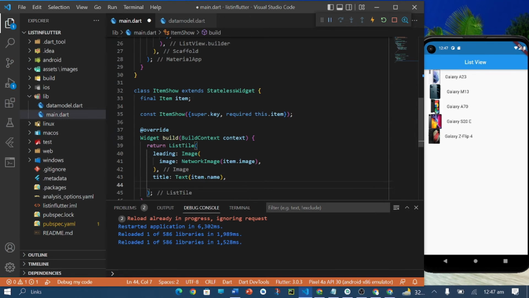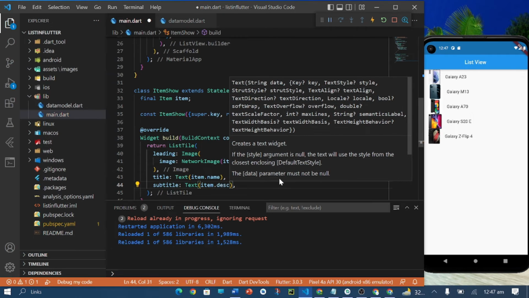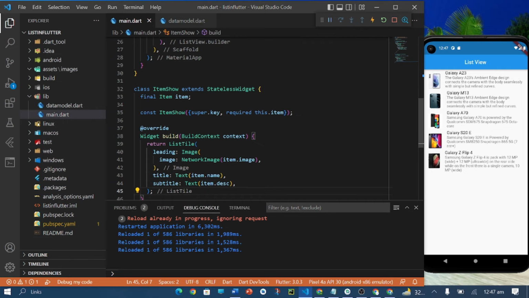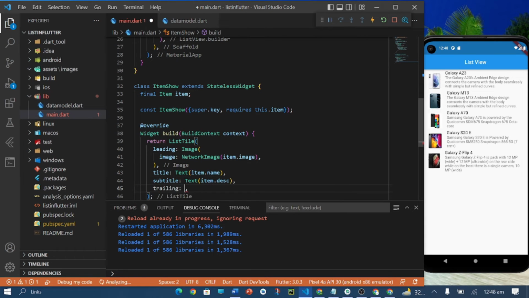And the next thing is I want to also show the description of our images. So for description I have another widget in list type which is subtitle. Subtitle is also taking a text widget, so I will pass description, and here the description is showing. And the next thing is I also want to show the price of our list. So for pricing we have a widget named trailing, which is a property which is used to display the